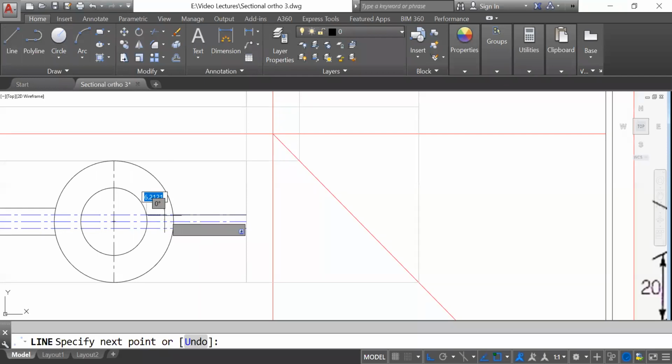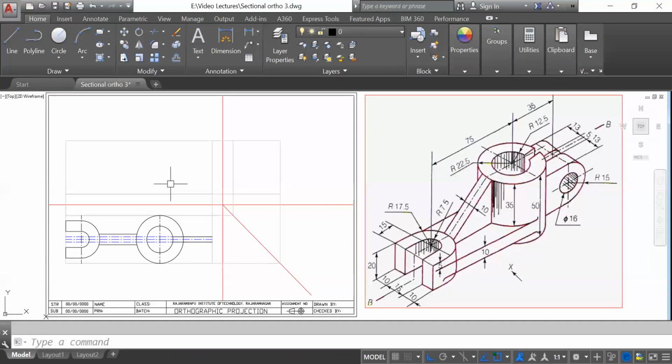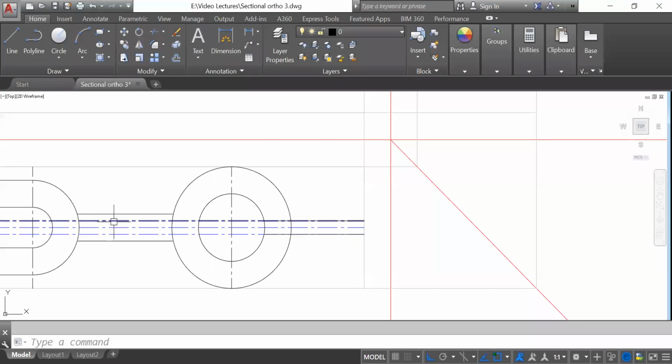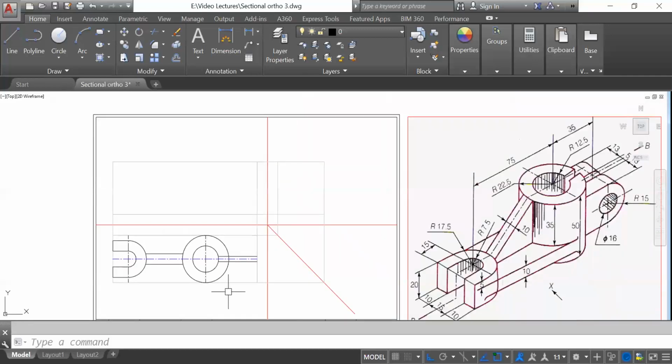I think it is up to here. Then this part. Okay, then escape, zoom all, and you can delete this part. Now if you observe, this side 13 mm, this side 13 mm, up to the cylinder. So you can take one rectangle here, 13 mm, up to the cylinder.